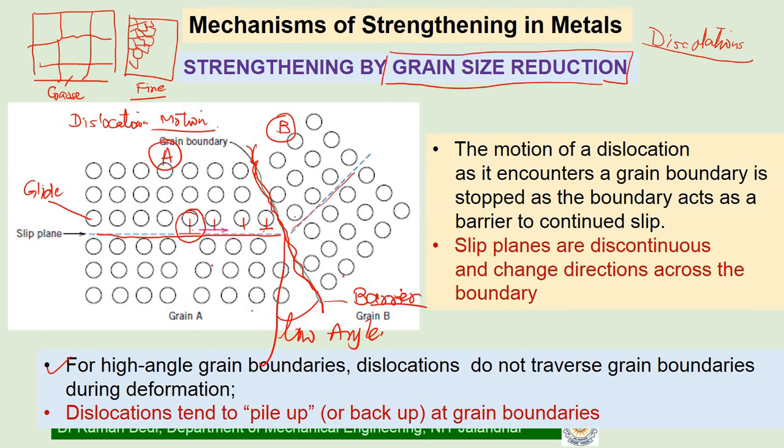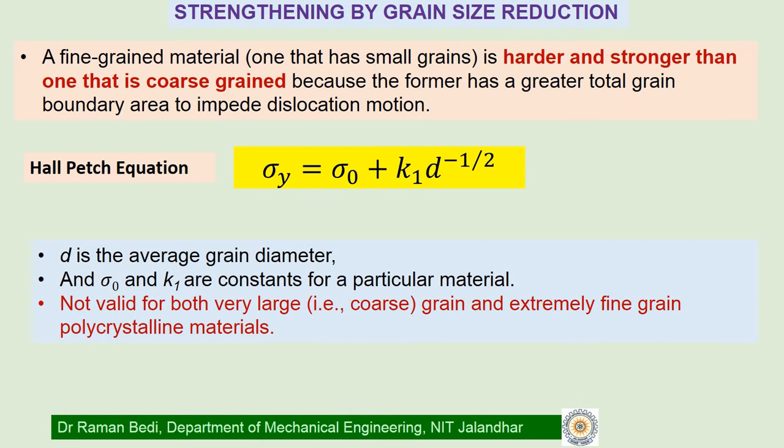So we understand that for high angle boundaries, dislocations cannot traverse through grains. They cannot move from grain 1 to grain 2. So they start piling up at the grain boundary. So you find that dislocation pile up starts. We have used another term, dislocation pile up, meaning a number of dislocations start accumulating at each of these grain boundaries here. Okay. Now this phenomenon has been well established by Hall and Petch, and it is a relationship which